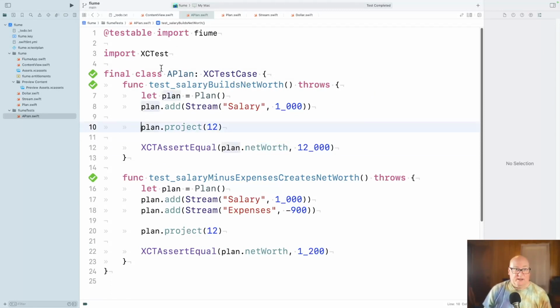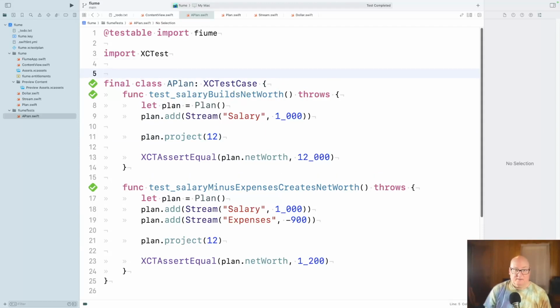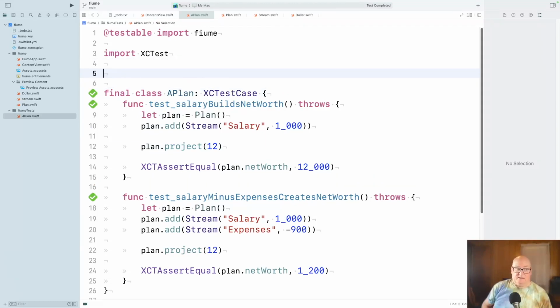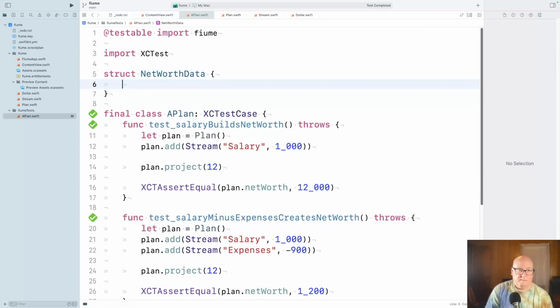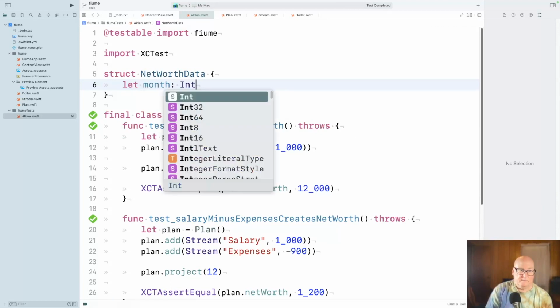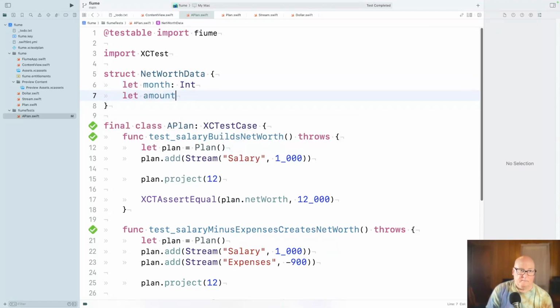Okay, so these are snapshots. Net worth data. Something like that.